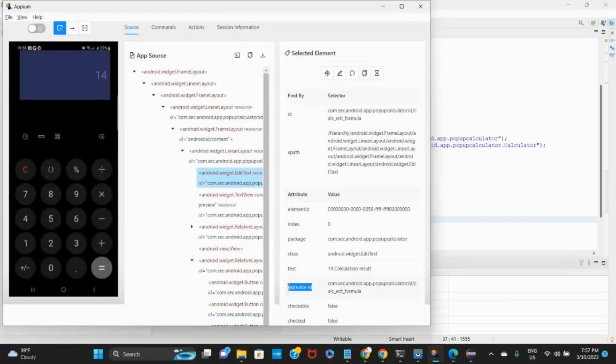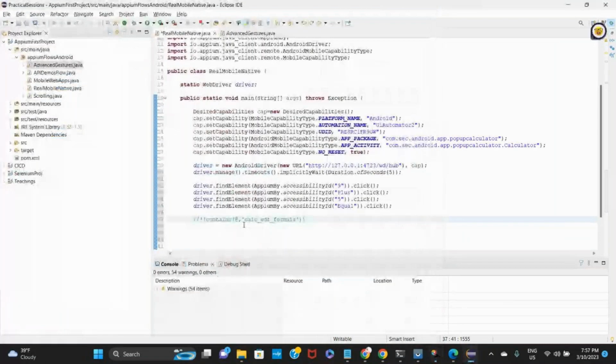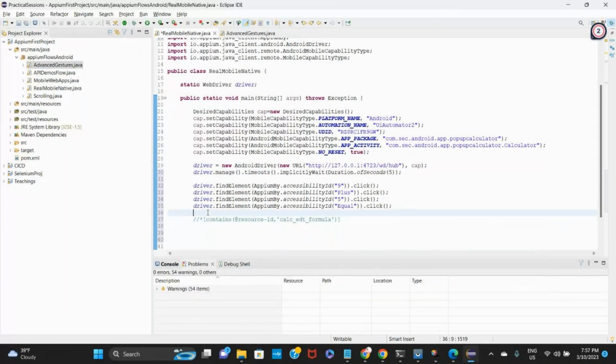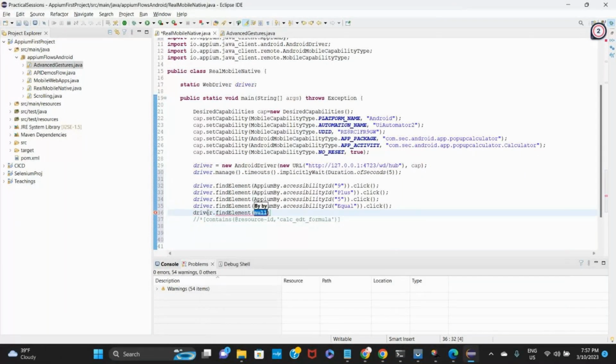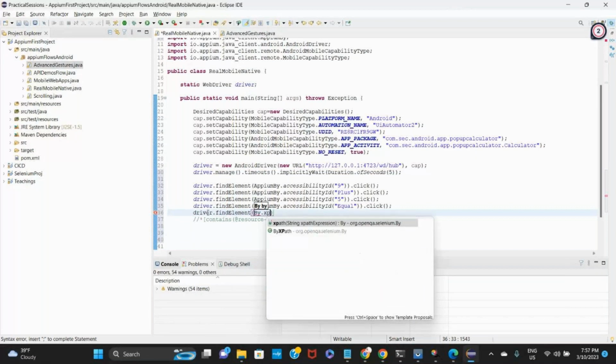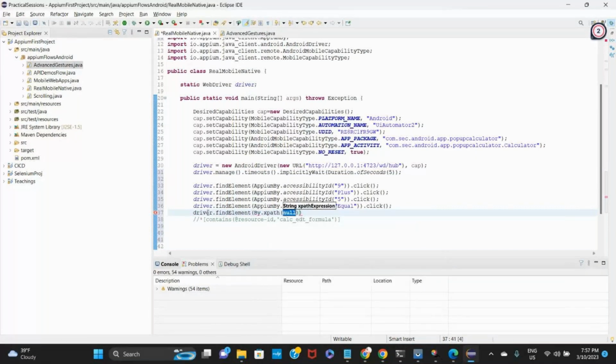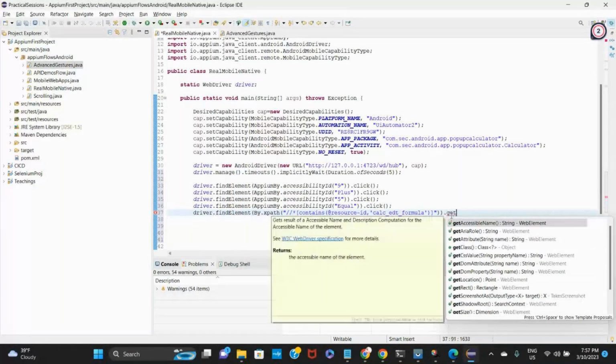This is going to be the resource ID. @resource-id is equal to this. So now I will get the text out of it. driver.findElement by xpath, and inside this I just need to give this XPath. Control X, Control V dot getText,